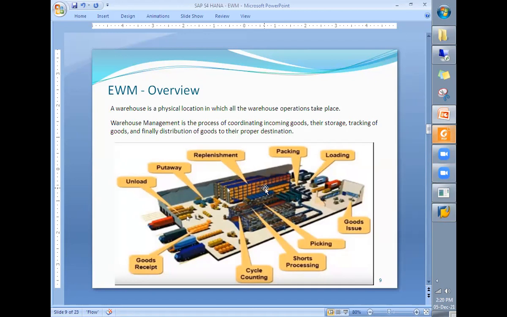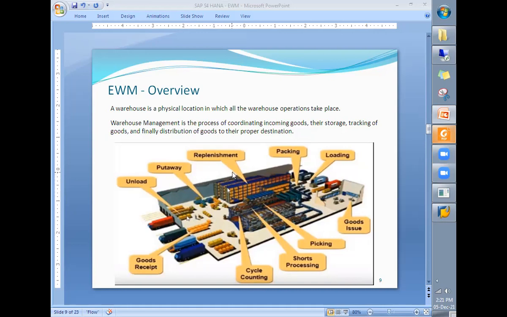Just for your information, in all the modules like MM, SD, FICO and so on, we call it material master record or material. But in EWM, the same thing is called product. So the place within the warehouse where the products are physically stored, because first the whole warehouse is divided into different areas, and those areas are called storage types.